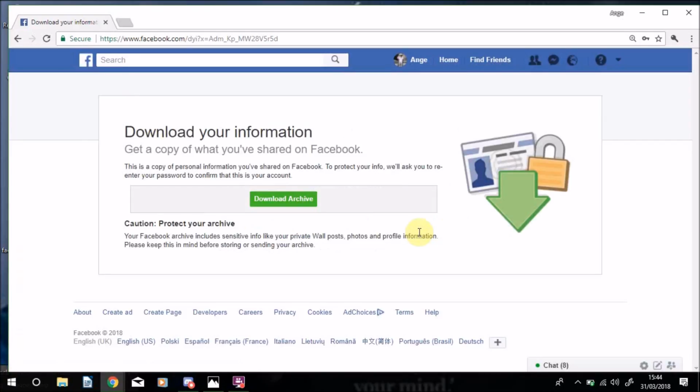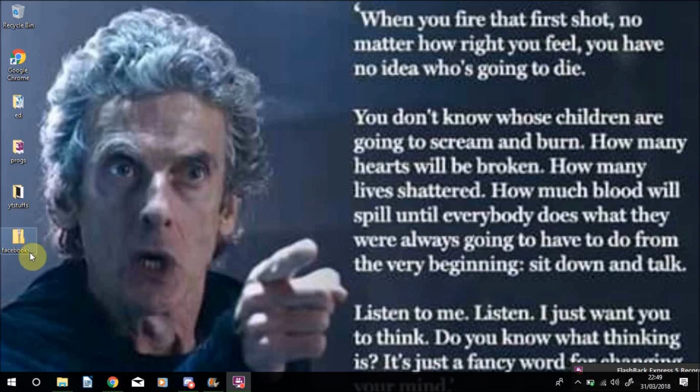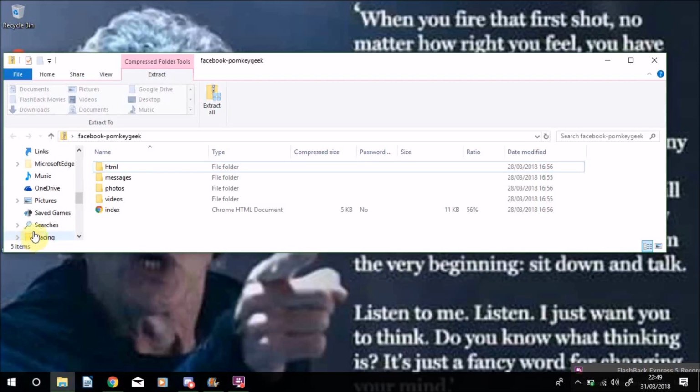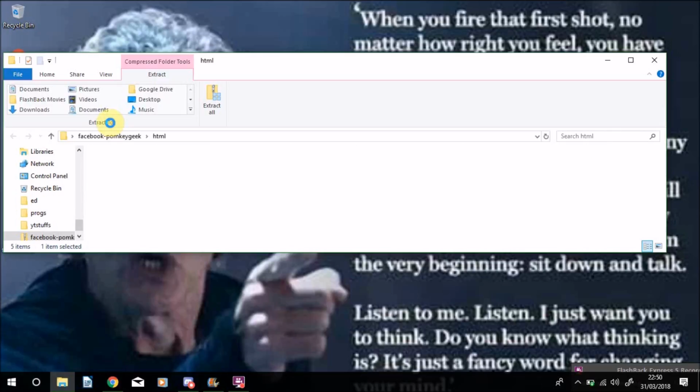Once you've done that, it will send a link to your notifications when it's ready to download. It will also send you an email with the same information. Depending on how much data you have, it can take a while, but mine was ready within about 10 minutes. You get your data in a zip folder that you just download, and it comes with all of this sort of stuff, but really, in order to give a brief overview, what you need to go to is HTML